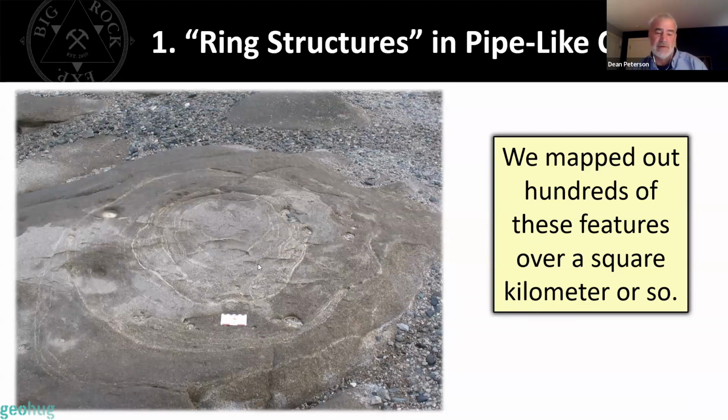And these ring structures look like this, and there are literally hundreds of them. The brown you're seeing is all orthopyroxene, and it's maybe 1, 2, 3, 4 millimeters. That's the size of orthopyroxene. The white you're seeing is all incredibly fine-grained plagioclase, and these are vertical. They're subvertical Schlieren right here, and so we can just imagine magma coming straight up out of that, and we're just sorting the orthopyroxene from the plagioclase in there,